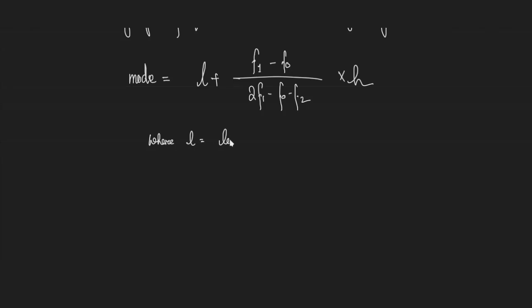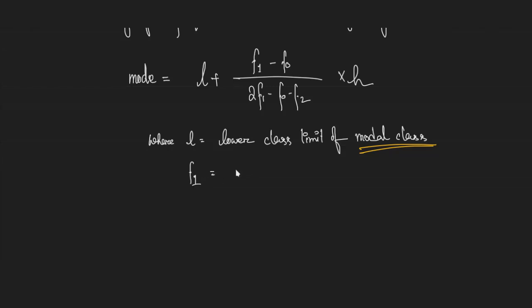the lower class limit of the modal class. Here please note there is a new term called modal class. Just as we had the median class, we will have to identify the modal class. But unlike the median, here no calculation is needed, it is very easy. You simply look for the class interval with the highest frequency, and that automatically is your modal class. So L, then